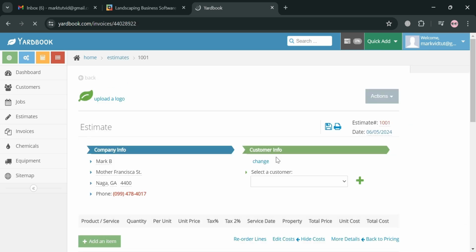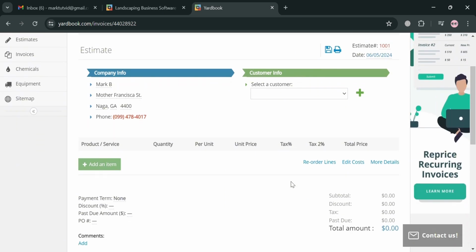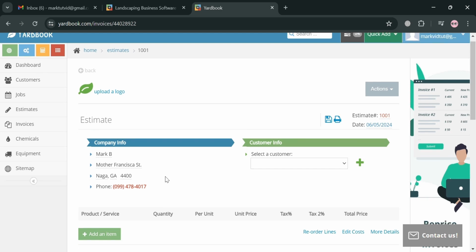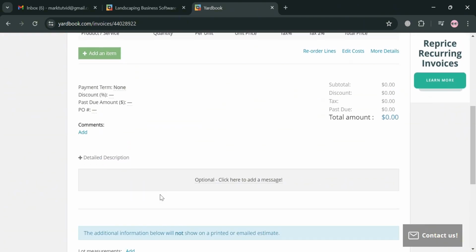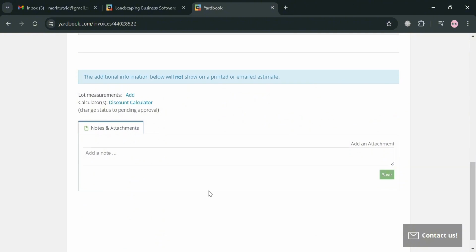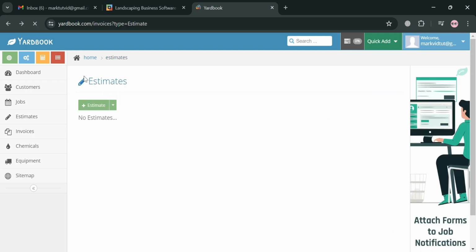And by clicking this plus estimates, we'll be directed to this page. And from here, all we need to do is to simply fill out all of the required information, including the customer info, to add a product item, and even add a detailed description below here. Aside from that, you could also add a note here if you prefer. So basically, this option is a powerful tool for landscapers to effectively manage their business operations and build a strong